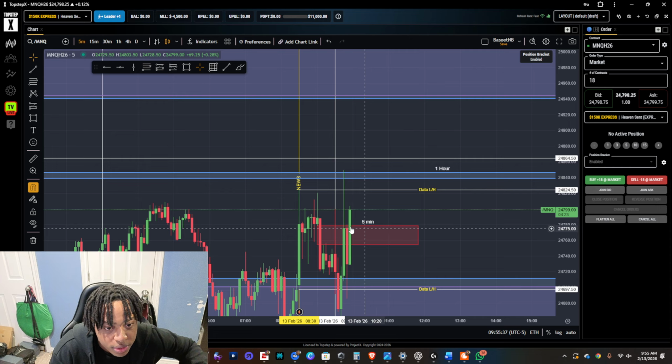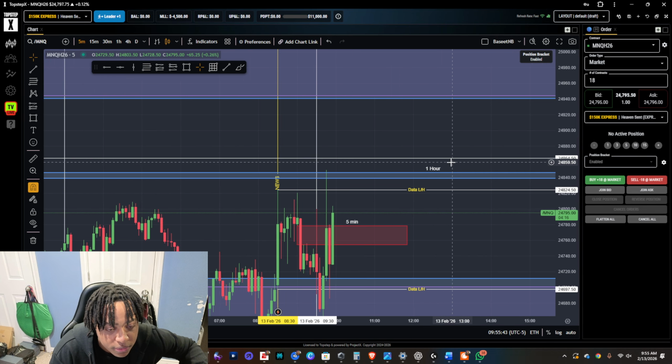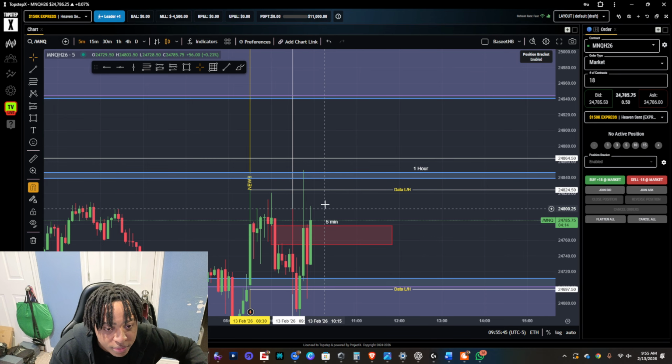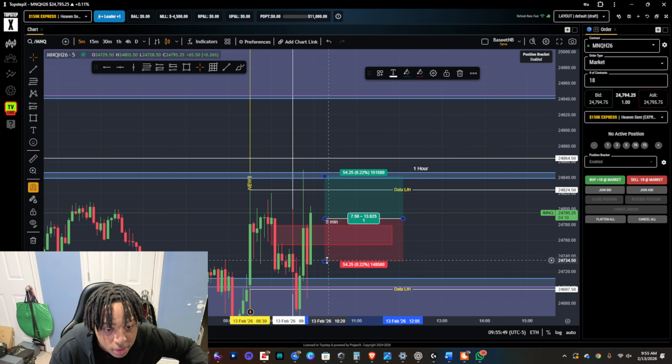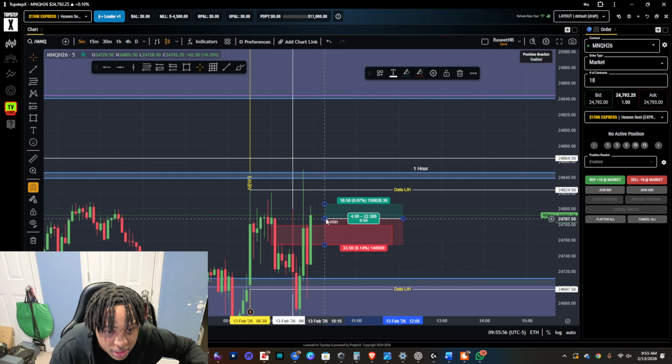I don't know if I want to. I could use this inverse truly, and then I might first TP here. It all depends on how we have a confirmation. If it comes in and comes out, I might do it. Right now I can't use this, but it might end up being something like this.